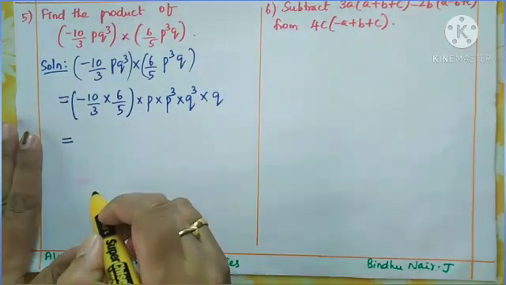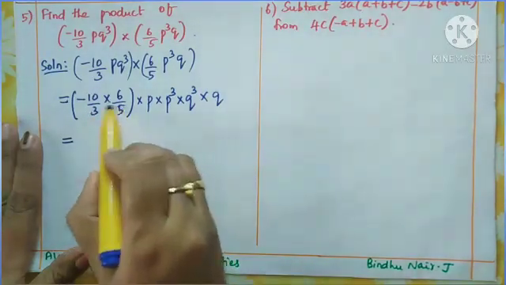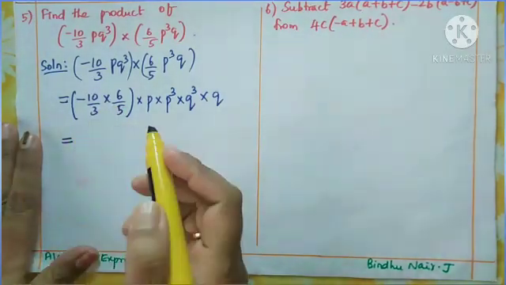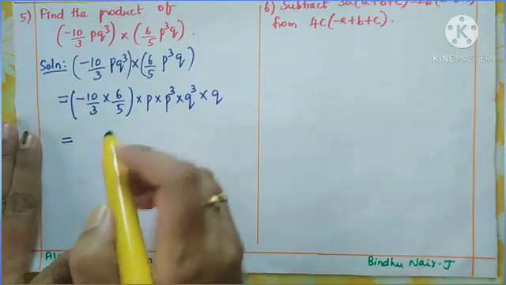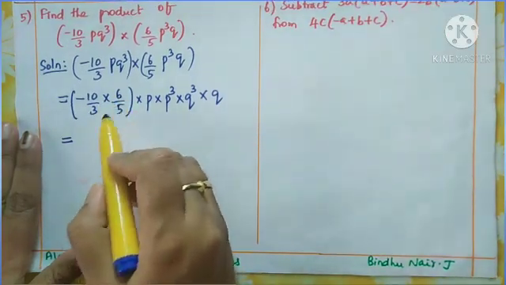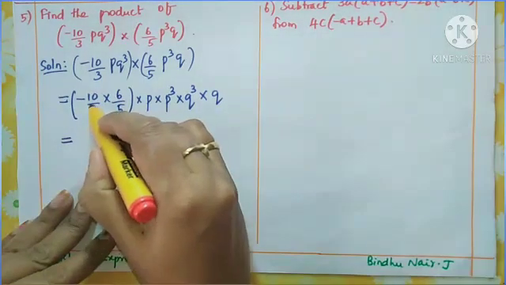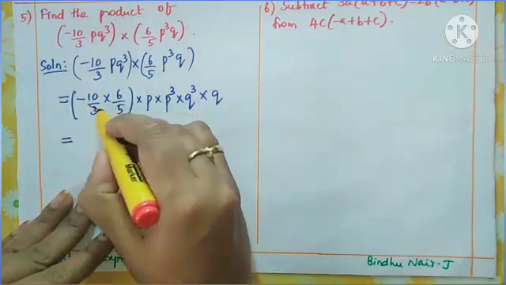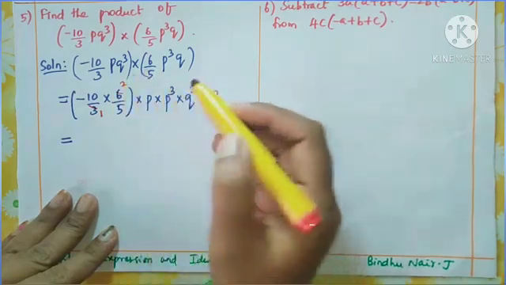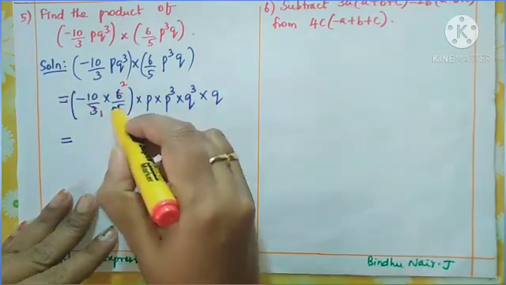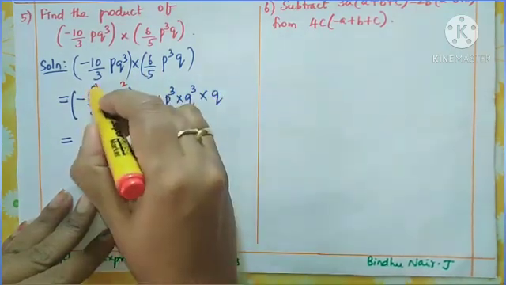Now we need to multiply this. Okay, so here you see these are fractions. Fractions multiplication already you studied, and here if you can reduce, you can do that. And here clearly 3 and 6 can be reduced. 1 3 is 3, 2 3s are 6. Here 5 and 10 can be reduced. 1 5 is 5, 2 5s are 10.